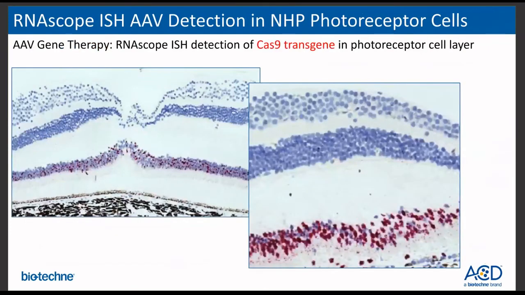So now we're going to go through a couple more case studies. And then going off of the first example, these are going to be pretty straightforward to understand. In this one, we only detect Cas9 transgene, which we can see in red, in the photoreceptor cells. And this one is detecting both DNA and RNA. And then it's supersaturated signal in singleplex RNAscope